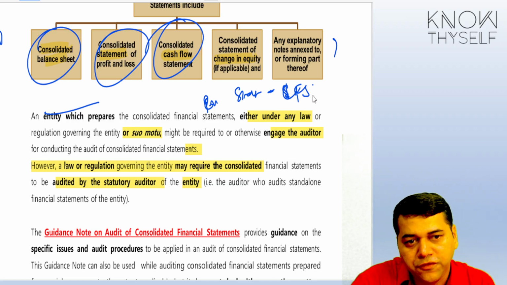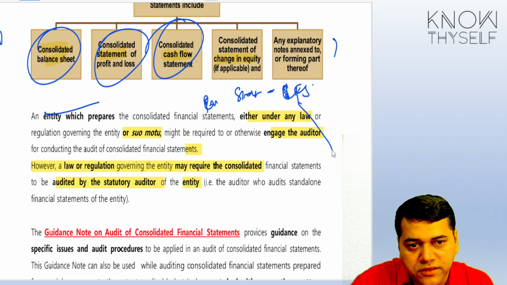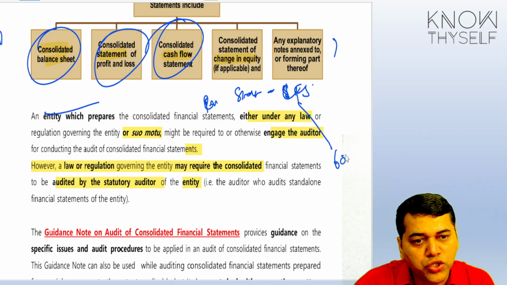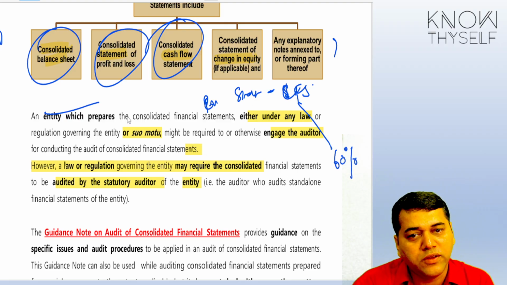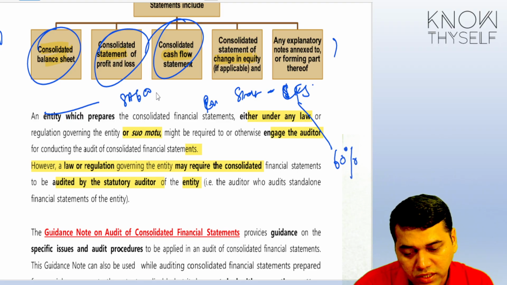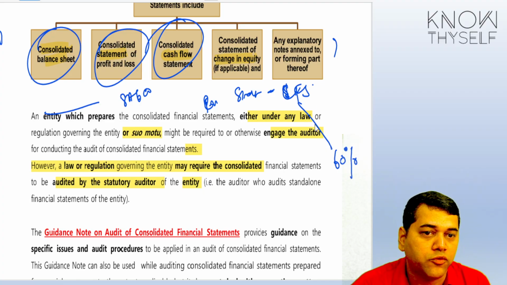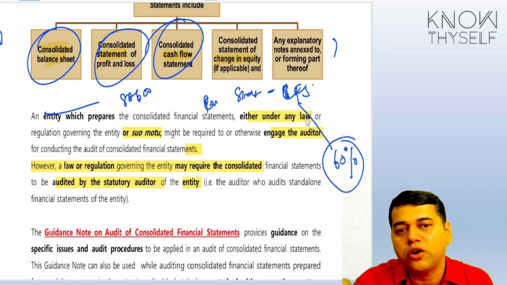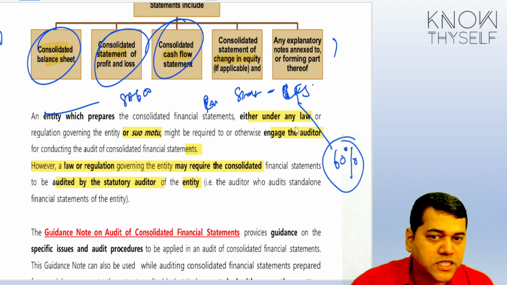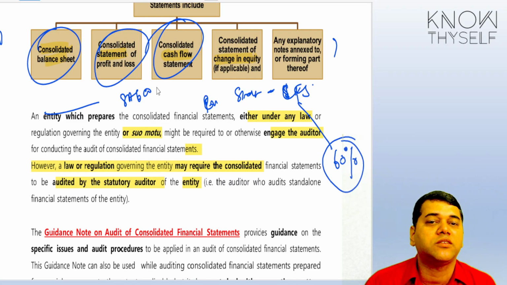Followed? And if he finds that in the CFS there is one subsidiary whose share is 60% and you are not appointed as an auditor, now SA 600 says that you should consider whether you should accept this CFS or not. Why? Because for a majority, material portion of this CFS you have not done the audit. So that's the first step in SA 600, accepting the position as a principal auditor.